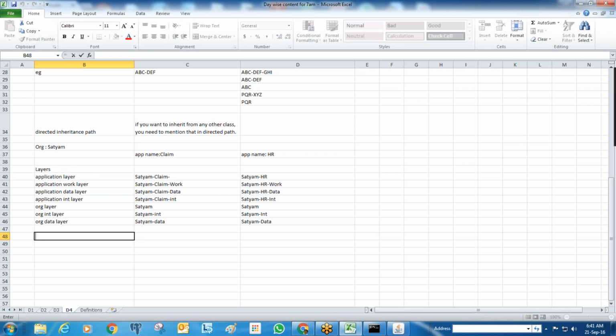I'll take an example again. Say the organization name is ICICI, and inside that I'm building a loan application. My app name is loan application.